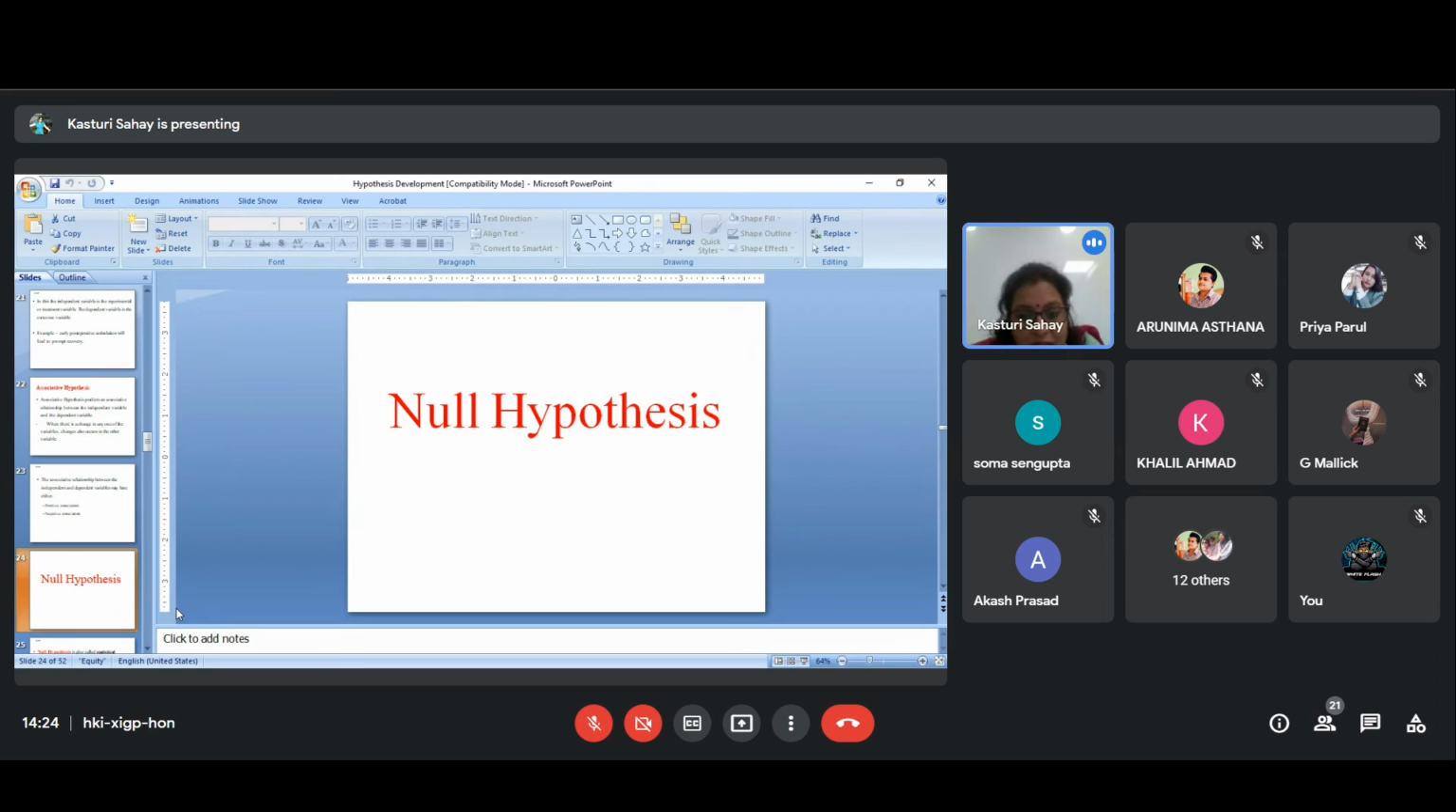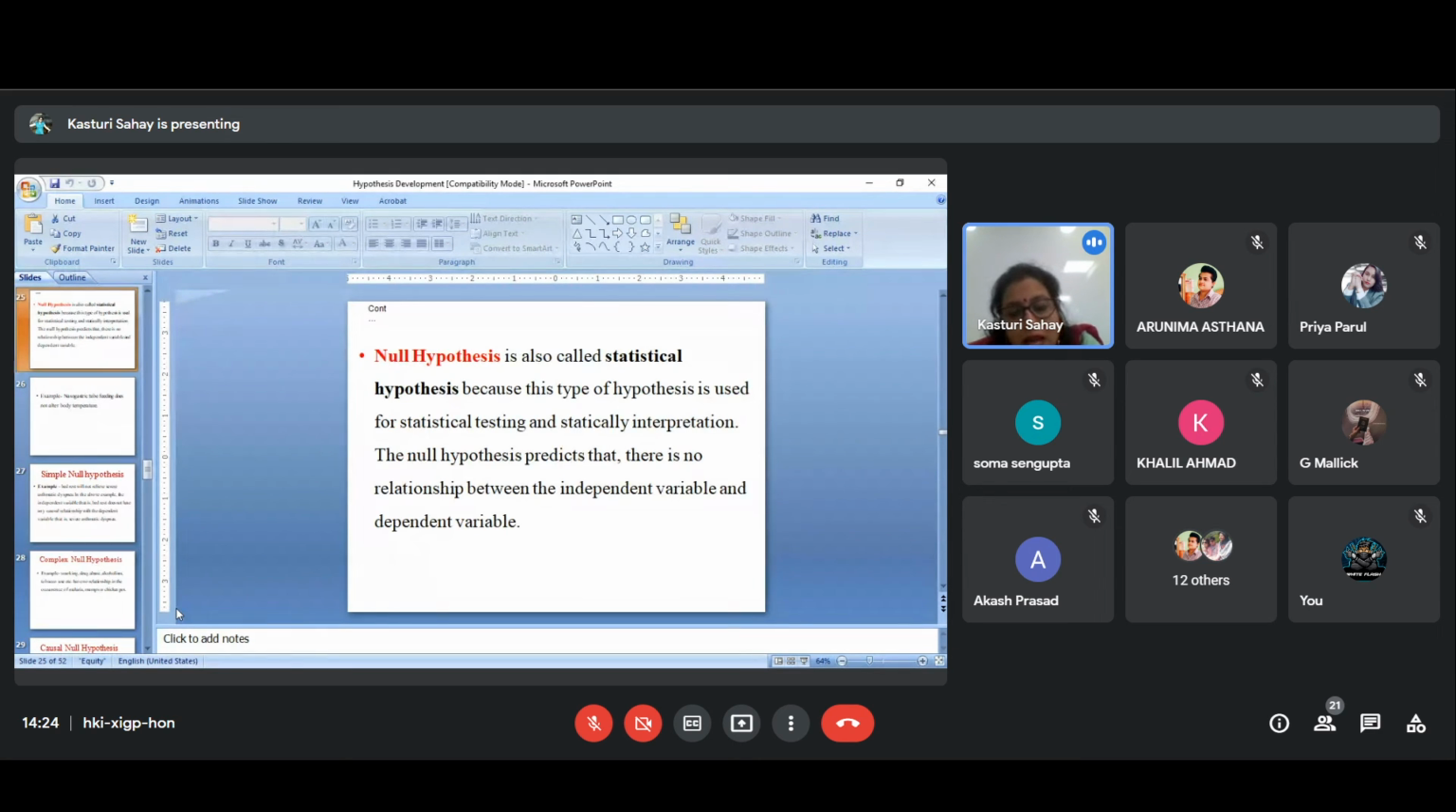Now coming to the second type of hypothesis, that is the null hypothesis, which we generally management and social science researchers use. So null hypothesis is also called the statistical hypothesis because this type of hypothesis,